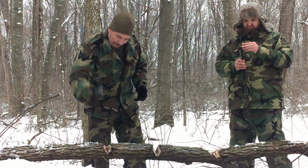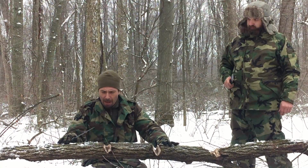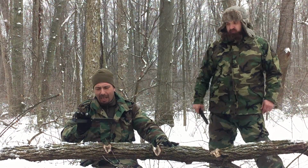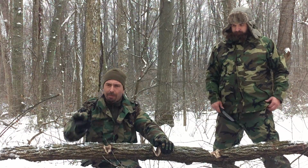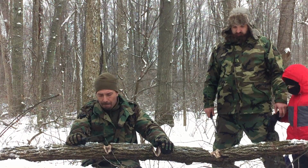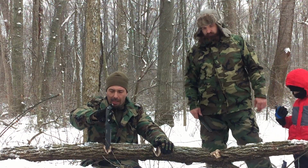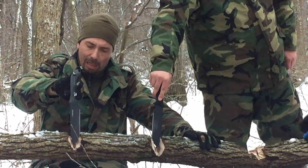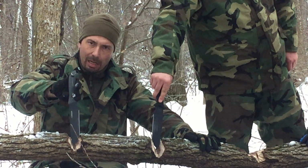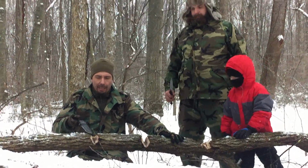Now, I think my chopping technique is a little bigger or a little better than BigToe's, but this knife definitely is not cutting as well as that one. This one definitely came duller from the factory. I mean, there's the effort I put in and the depth of the cut. You know, so it's really up to you, but these knives,